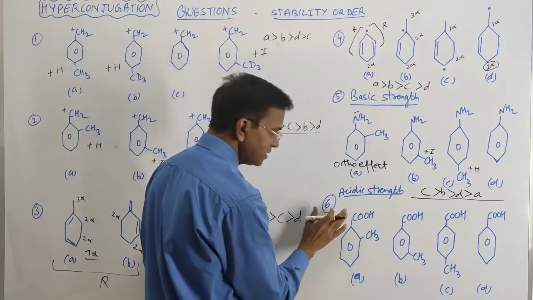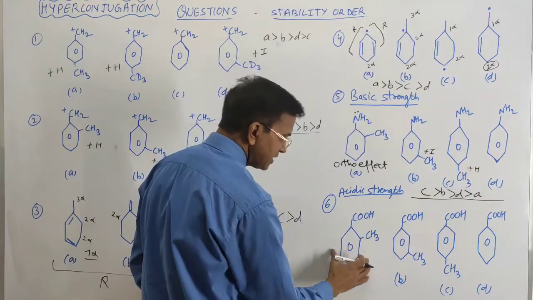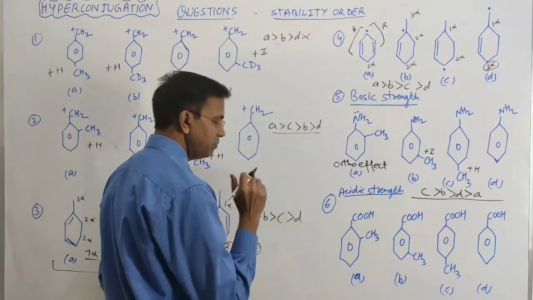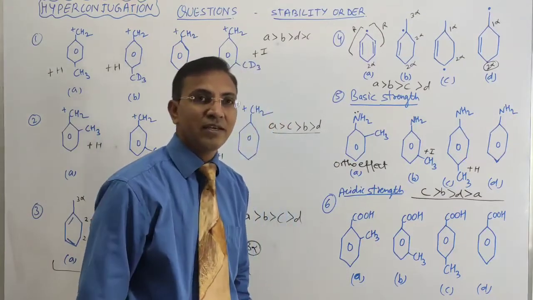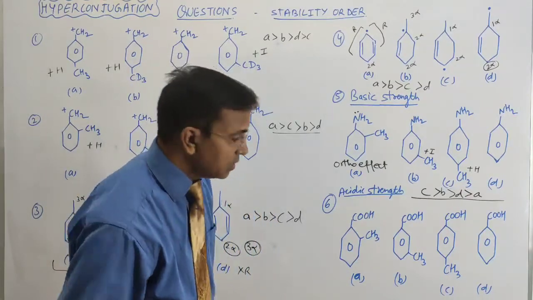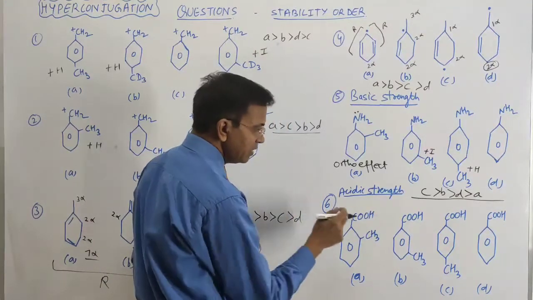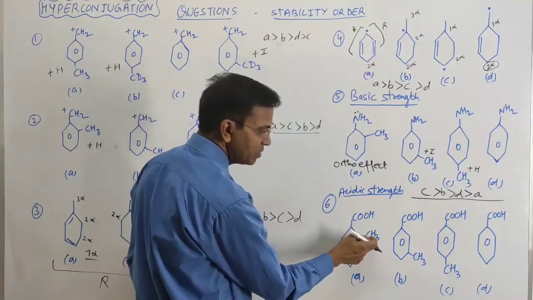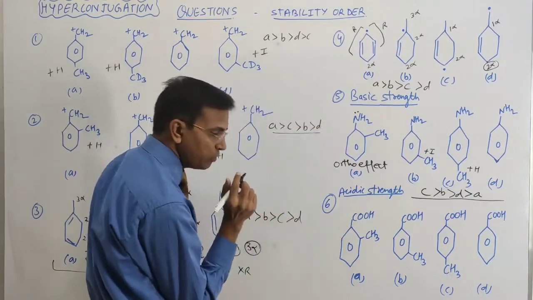Now come to the last question, sixth question. It is acidic strength. Now in this the carboxylic acid is there, and in the benzene ring substituents are attached, right? So in this you may easily observe in the first one case, means which species is more acidic, whose conjugate base is more stable, right? So here is the COO negative conjugate base will be there, so that negative make the hydrogen bonding with this hydrogen present at the ortho position substituent. So this means the ortho effect is there.